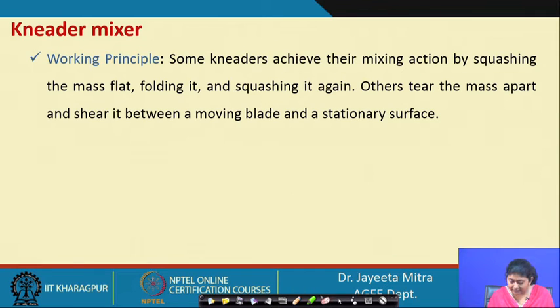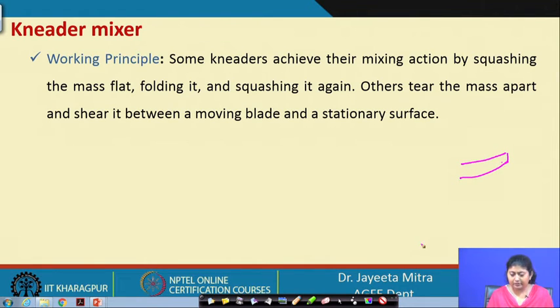If you have seen kneading action at home or in any small scale industry, you know that first the sheeting or squashing is done, and then this is rolled properly, and then again squashing or stretching forces are given. Okay. So, these are the normal actions of the hand by which we knead any dough, and the same action has been simulated using a particular kind of blade. So, that will do the act of kneading.